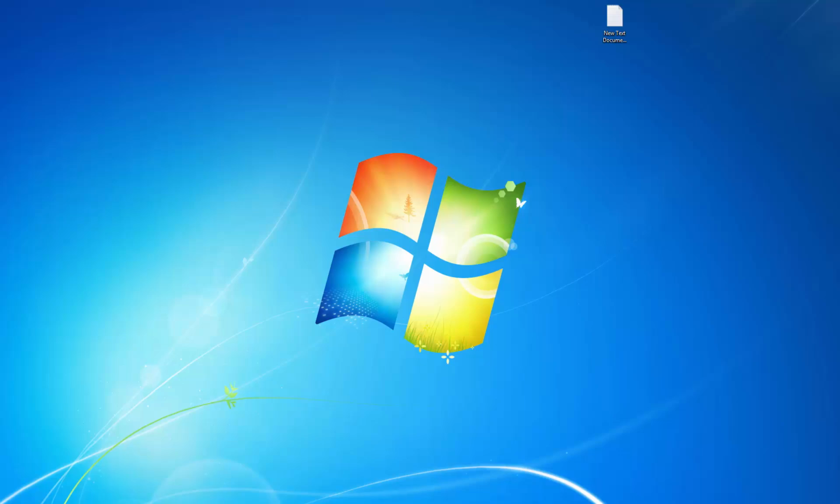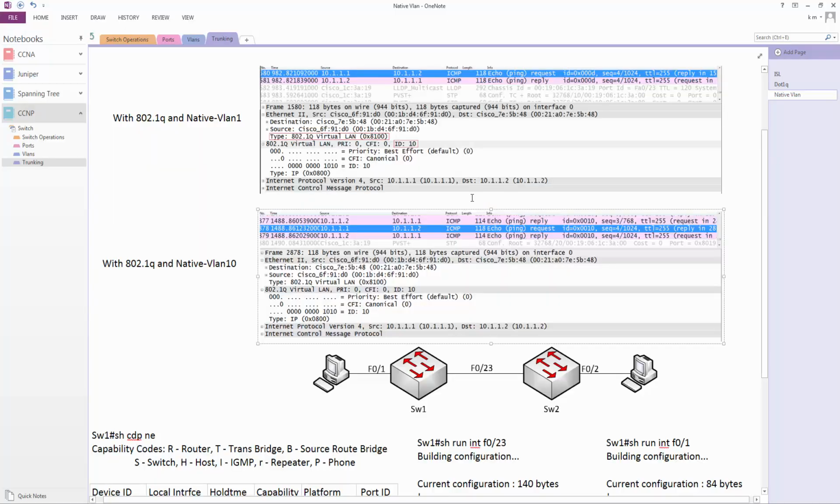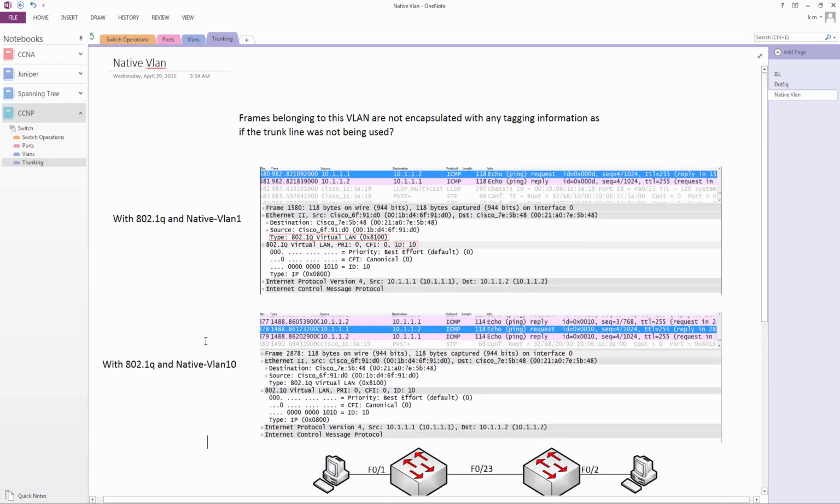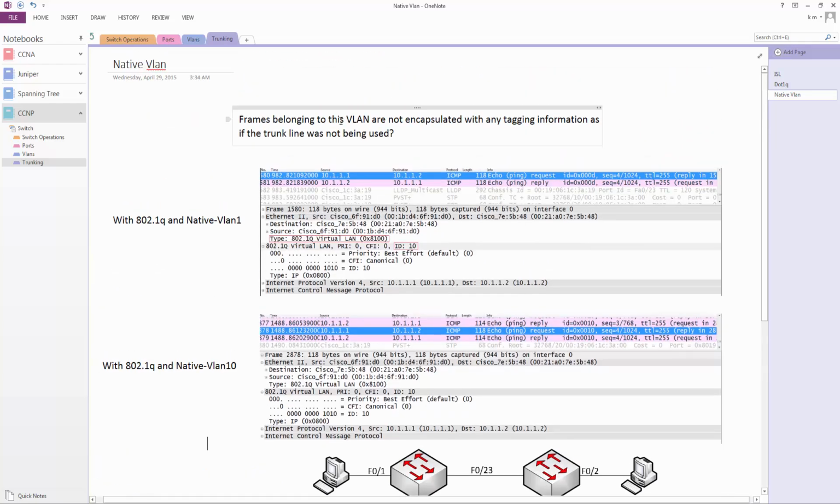So one of the things that I would like to discuss, as I'm creating some CCNP level layer 2 information, I came across this interesting statement that was in a book. Frames belonging to this VLAN, now this VLAN will be the native VLAN that we're talking about, are not encapsulated with any tagging information, as if the trunk line was not being used. Now this is interesting because everyone says